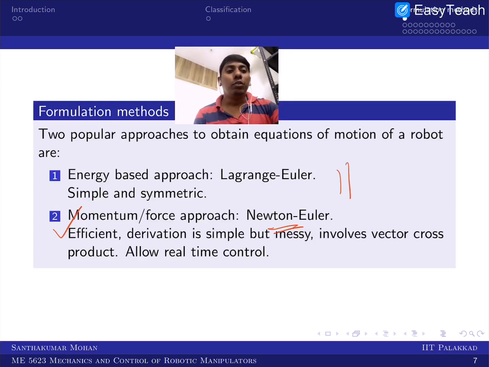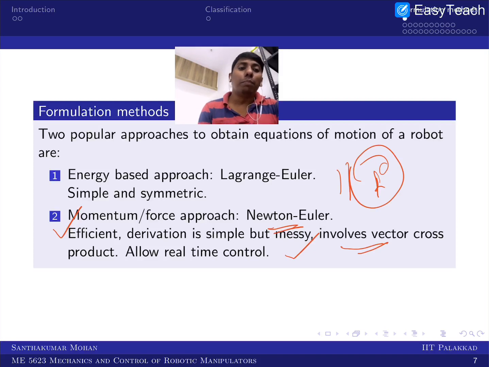But if you do the same thing in Lagrangian-Euler with a computational approach, it would have partial and time derivatives, which is confusing. But in this case, it is not like that. Only a cross product would be involved, and it can be easily applied in real-time control. People are really interested in having a closed form solution, but even if you try a numerical approach, this is still very easy to implement.